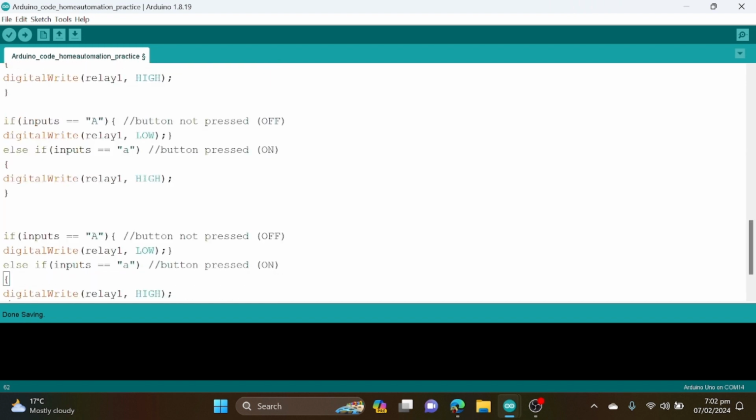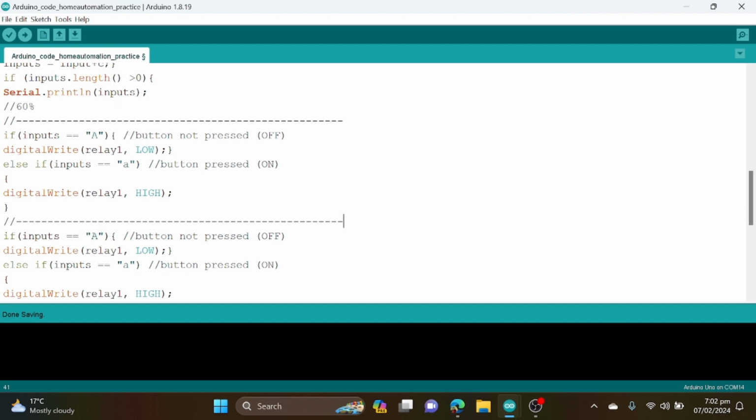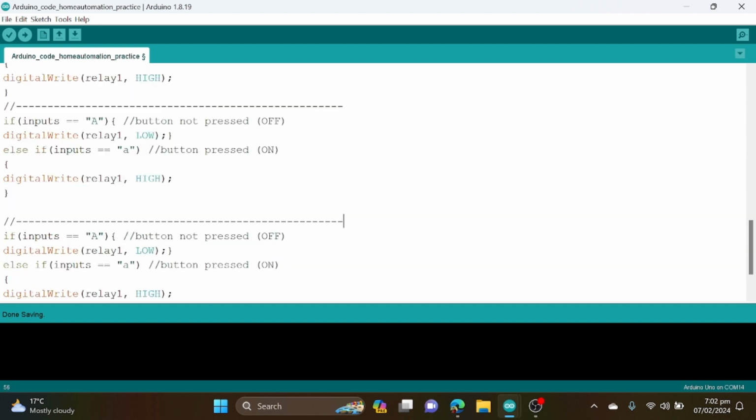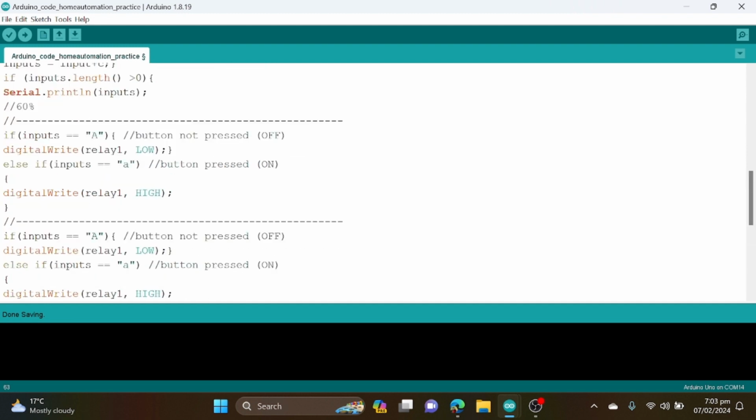So what we are going to do now is, just for my ease, I am commenting it here. This is relay 1. Just for my ease, I usually do these things. So this is for relay 1, this is for relay 2, this is for relay 3, and this is for relay 4, and this is the end. Okay, so you have an idea now. So if inputs are A, we have covered this one. Now